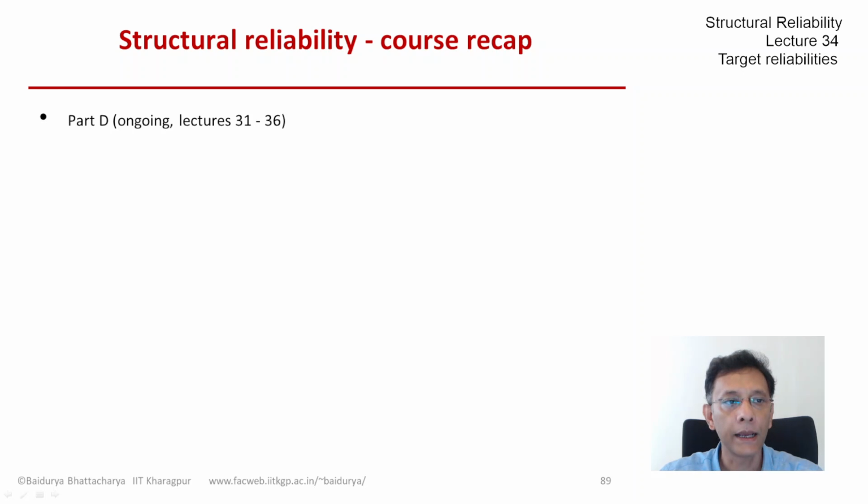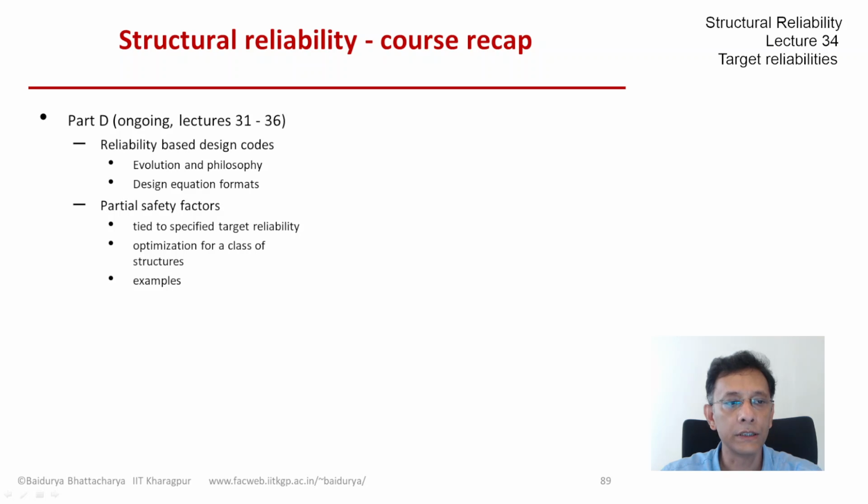is part D, and we have 6 lectures, and today is lecture number 34. What we have already covered in the first 3 lectures of part D are reliability based design codes, their evolution, the philosophy behind them, the format of design equations that involve more than one factor of safety, the partial factors,